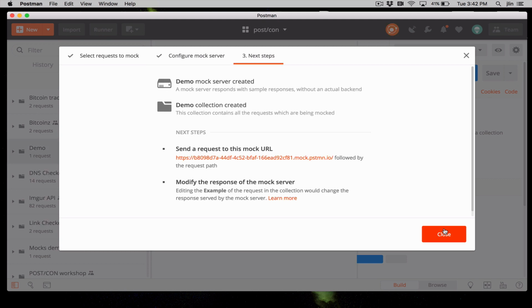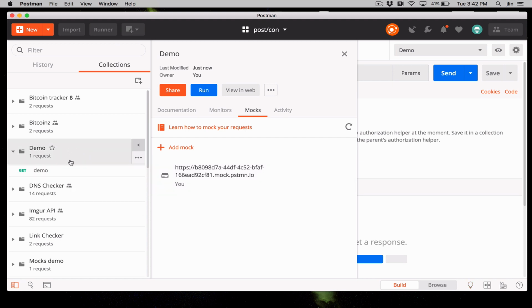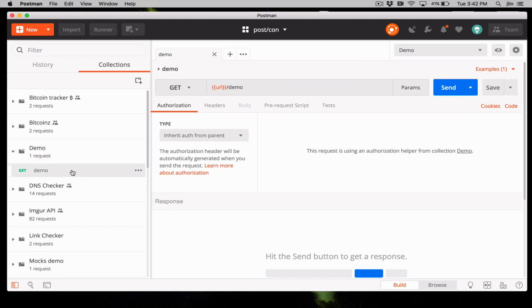And now Postman has created my mock endpoint for me. This is the endpoint. If I go ahead and click through, I see I'm back in the familiar view of Postman, and I've created a collection called demo. There's a single request in it called demo as well, and it's going to that mock endpoint that Postman created for me at /demo. Remember, this is the unique path name that we gave our endpoint. And if we go ahead and click send,